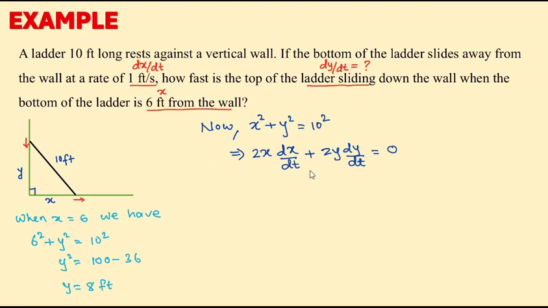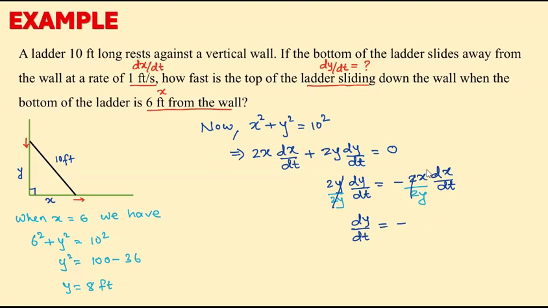We want to find dy over dt, so we move this quantity to the right-hand side. So we get 2y dy over dt is equal to negative 2x dx over dt. Because we want to find dy over dt, we move this quantity to the other side, and we subtract that quantity on both sides. Now we can divide on both sides by 2y and find dy over dt. So if I divide here by 2y and also here by 2y, let's see what we get. We end up getting dy over dt equal to, okay, that is a negative, 2 and 2 cancel,